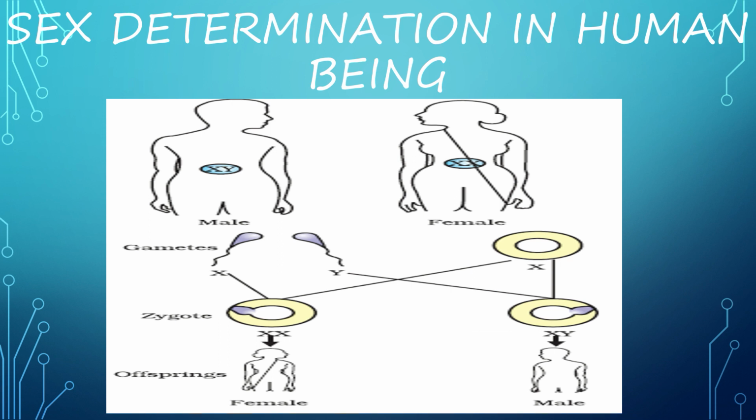As we can see in this figure, half the children will be boys and half will be girls. All children will inherit an X chromosome from their mother, no matter whether they are boys or girls. The sex of children will be determined by what they inherit from their father. A child who inherits an X chromosome from her father will be a girl, and the one who inherits a Y chromosome from him will be a boy.